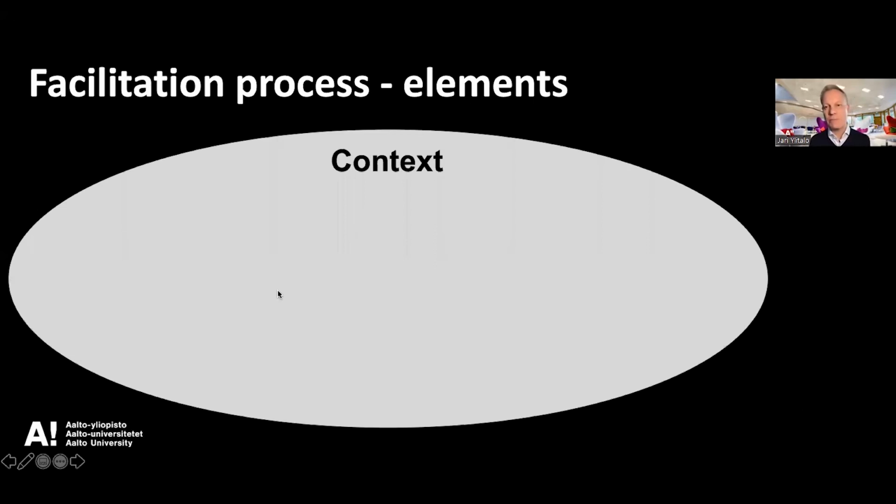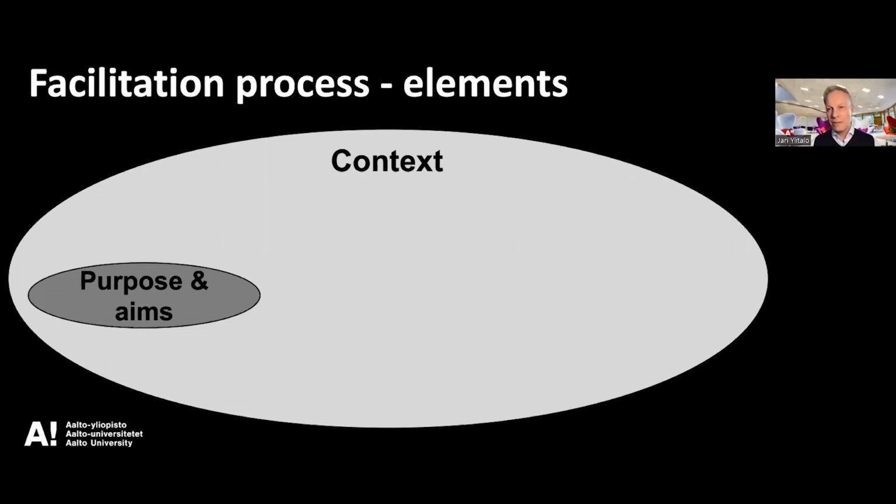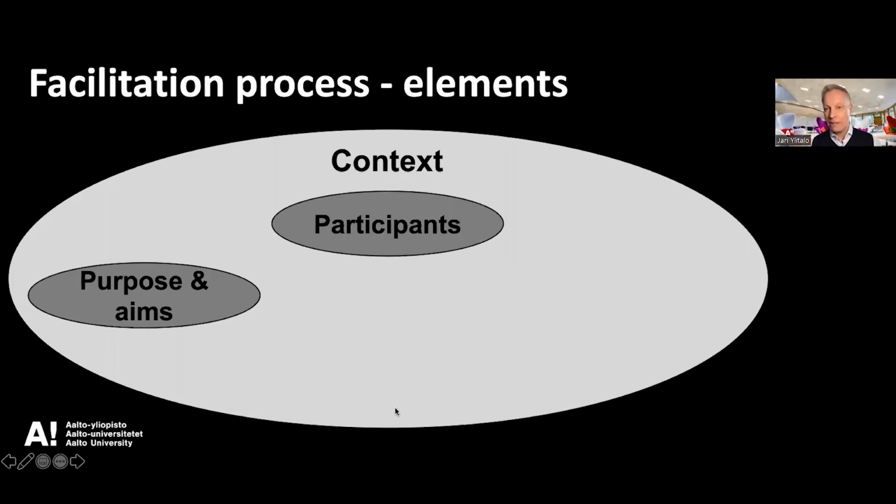And what are the elements in a process? It's always happening in a context. So in a way, understanding the requirements of the context and what the boundaries are, or let's say cultural features, and maybe the maturity and so on. And so understanding that. And then, as was mentioned, there's always purpose and aims. If you have a process, then there's a reason why we're having it, and it has some aimed outcome.